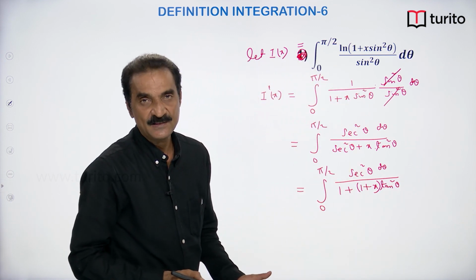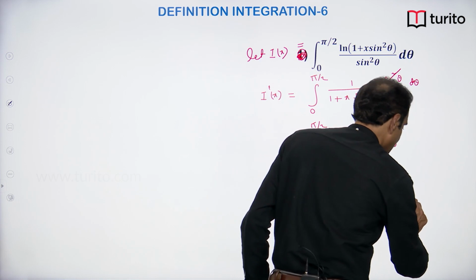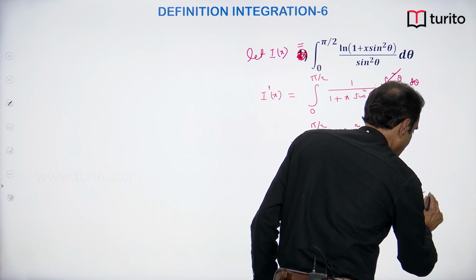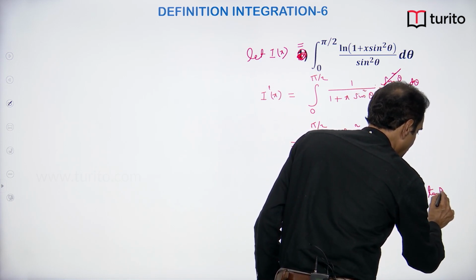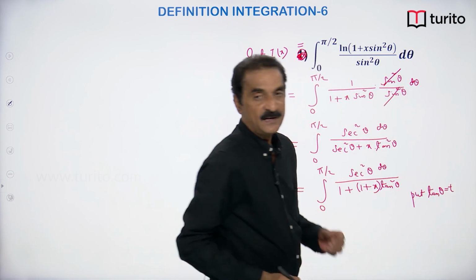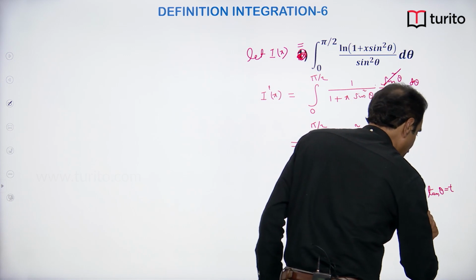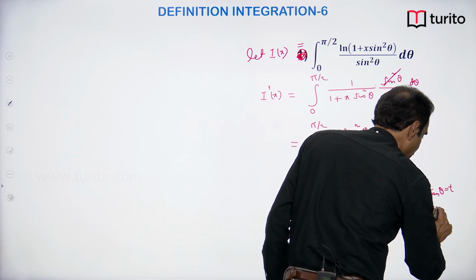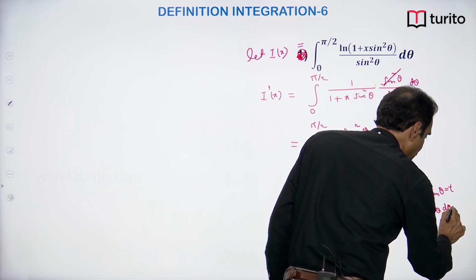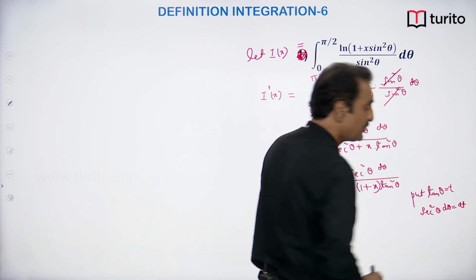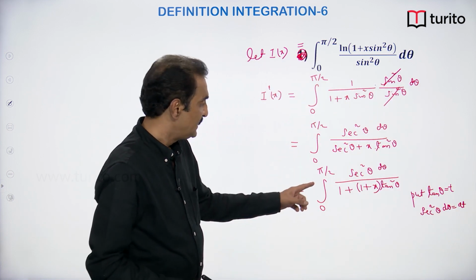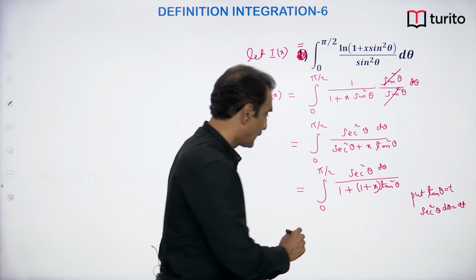Now substitute tan theta equal to t. Then differentiating tan theta, we get secant square theta d theta equal to dt. Then this becomes,